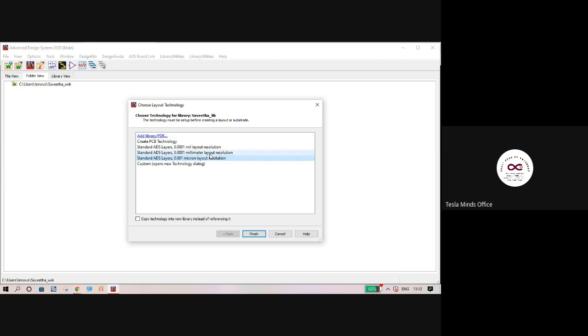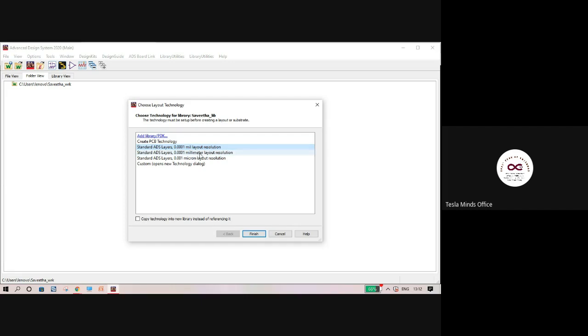For British standard design, millimeters are used. For US standard PCB design, mils are used. A mil is a millionth of an inch. It is not a millimeter.